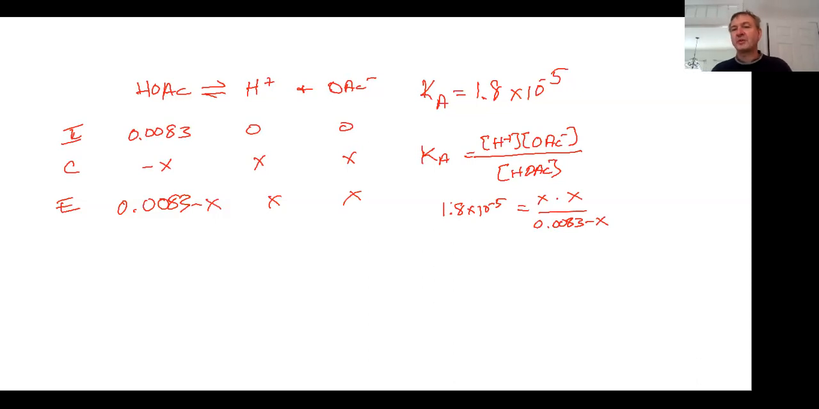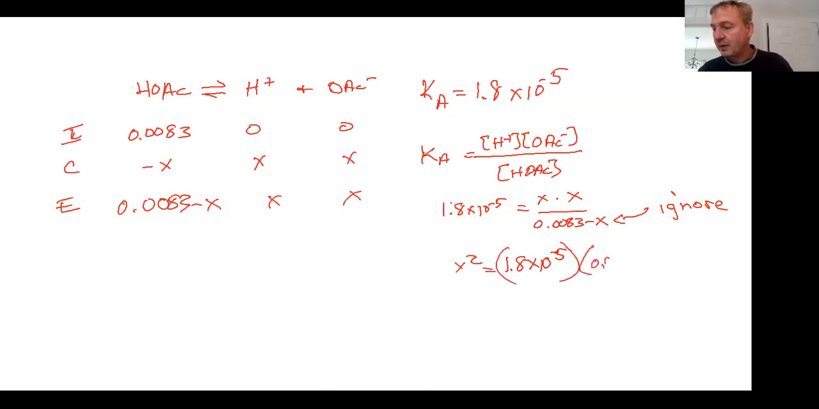We know that this falls apart to a very small amount, right? A tiny Ka, 10 to the minus 5, and they get much smaller. So if the X is so much less than 0.0083 that it barely changes it, let's ignore it. I know there's a small amount of error I've just introduced, but it's to 3 significant figures, and we'll take that. In other words, X squared equals 1.8 times 10 to the minus 5